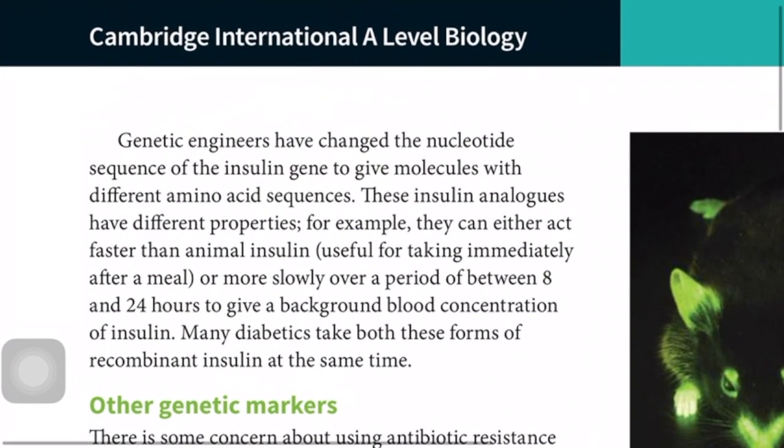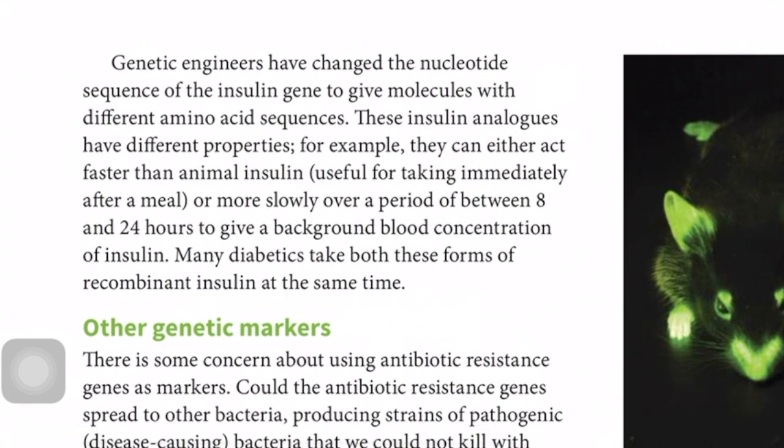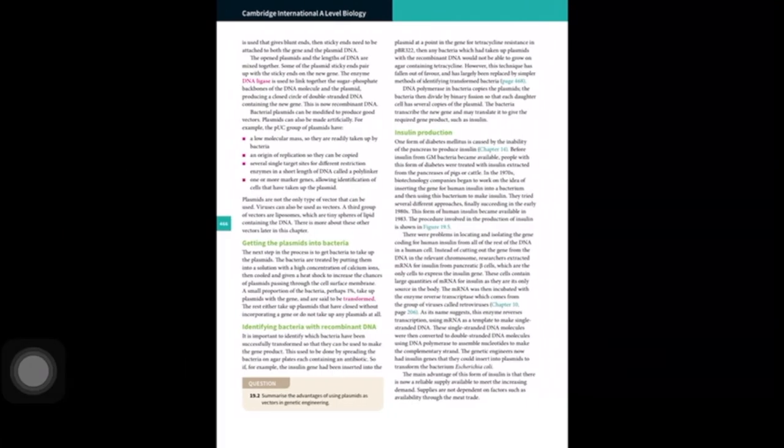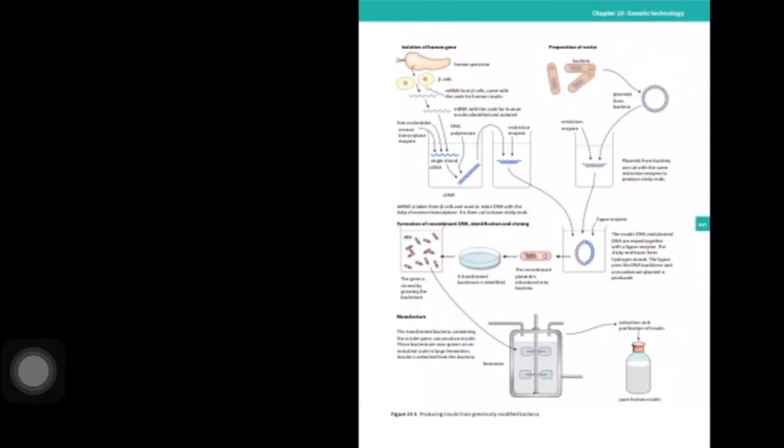Genetic engineers have changed the nucleotide sequence of the genes to give molecules with different amino acid sequences. These insulin analogs have different properties. For example, they can either act faster than animal insulin, used immediately after a meal, or more slowly over a period of 24 hours to give a background level of insulin. Many diabetics take both of these forms of recombinant insulin at the same time. Yes, so this is very easy, and we have already read in detail about how